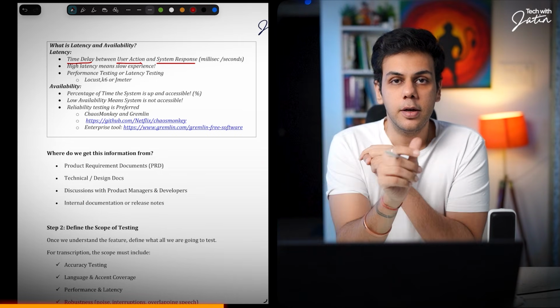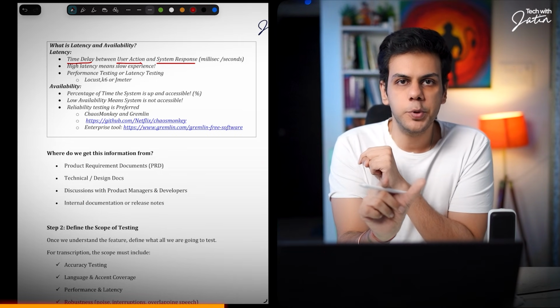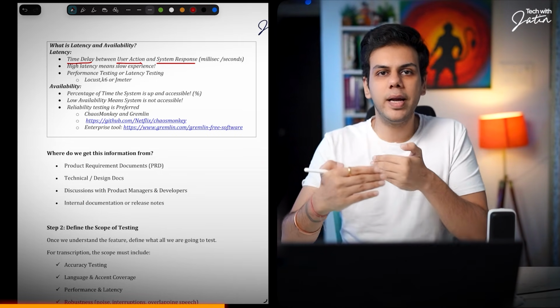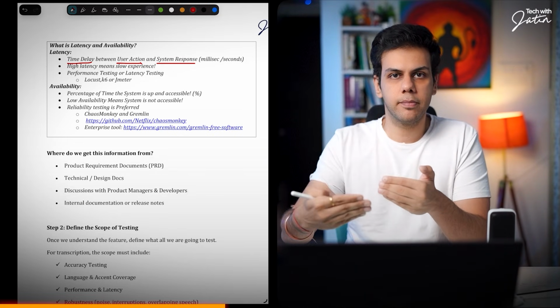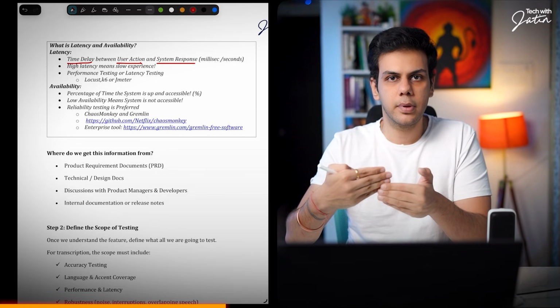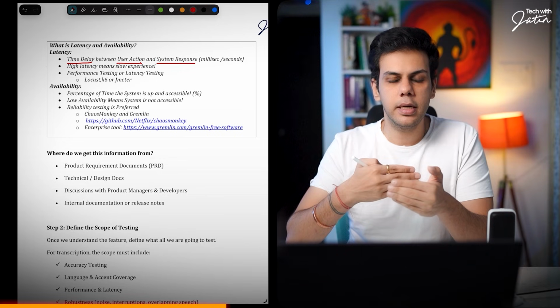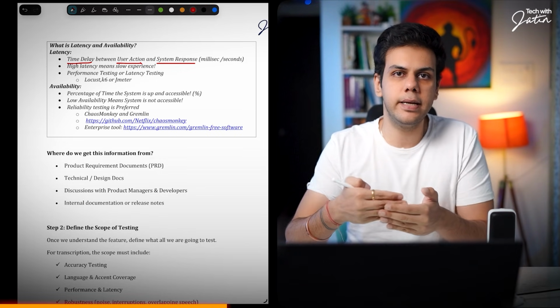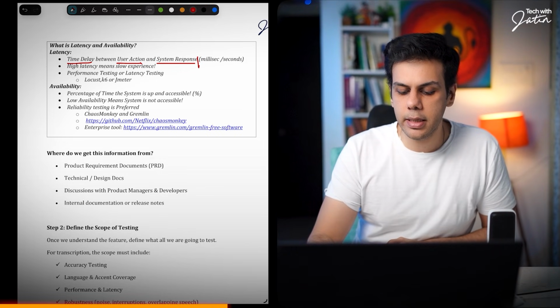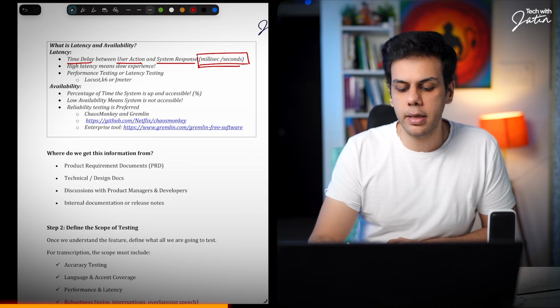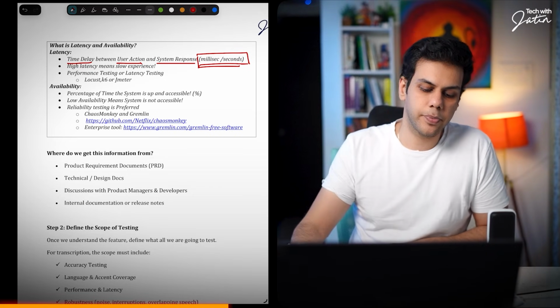Right now, on the screen, if you see that caption, how quickly it is coming as I'm speaking, is there a delay over there? That delay is basically your latency. And latency is always going to be measured in milliseconds or seconds.